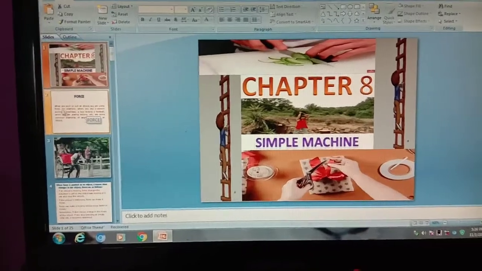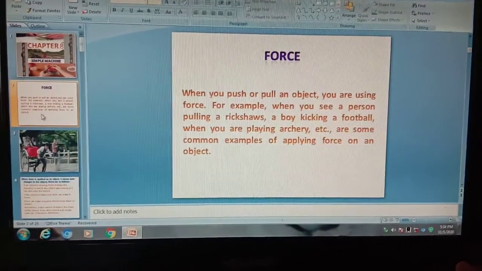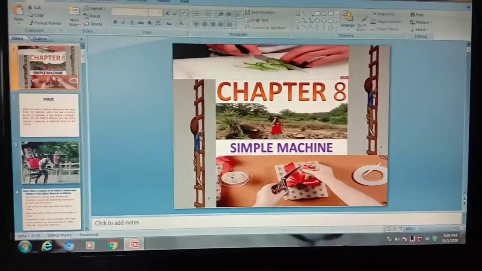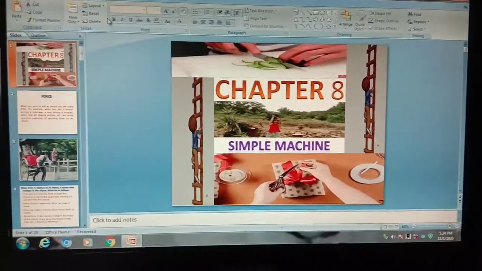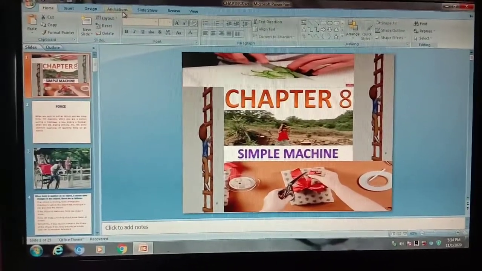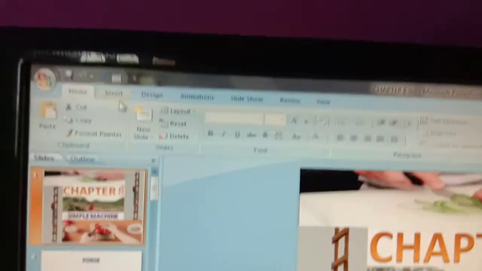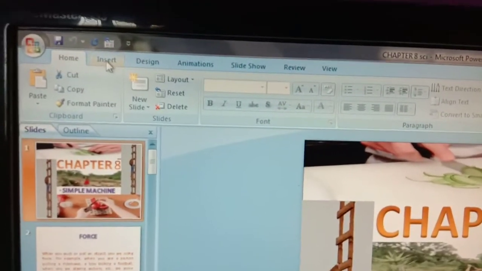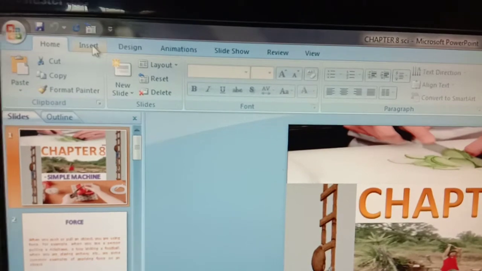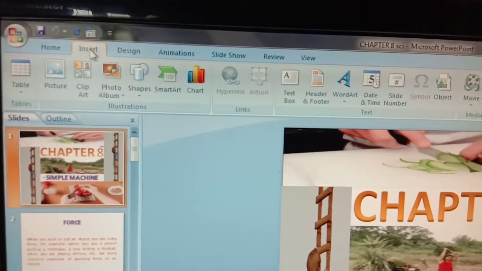For example, this is slide number 2. I will insert both buttons in this, and this is slide number 1, where I can insert the next button. So how to insert the next button? Let me show you. You have to click on the Insert tab. Can you see this? Is this visible to all or not? This is the Insert tab, so here you have to click on it.